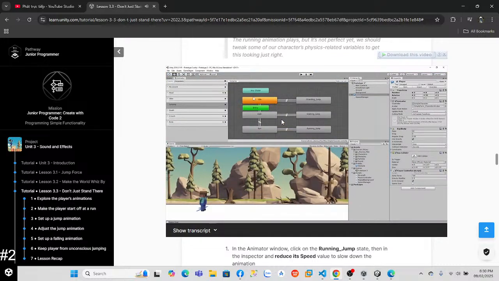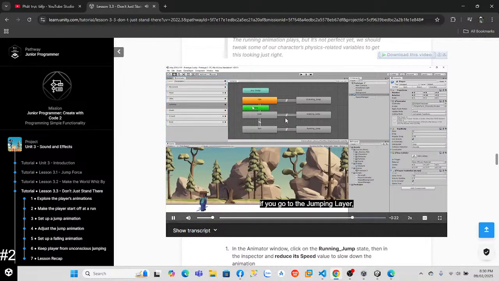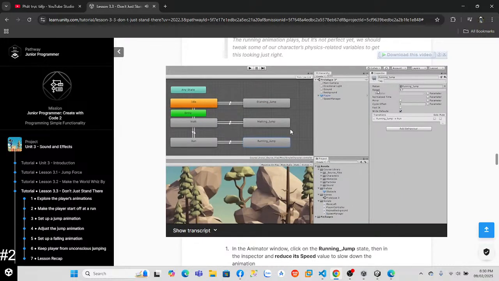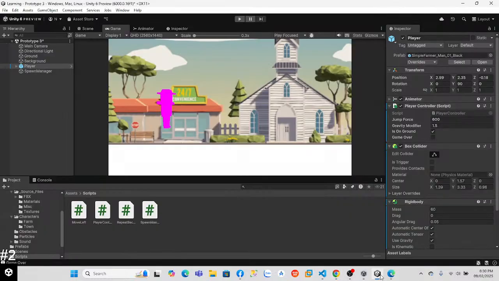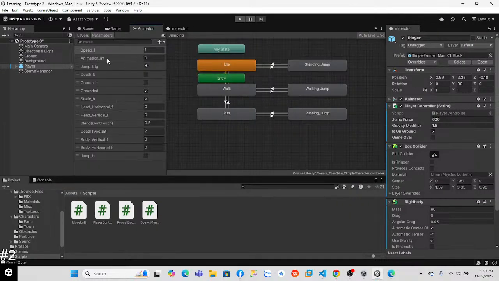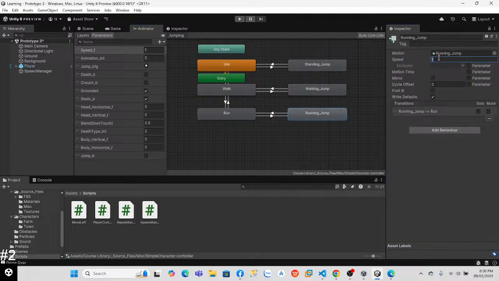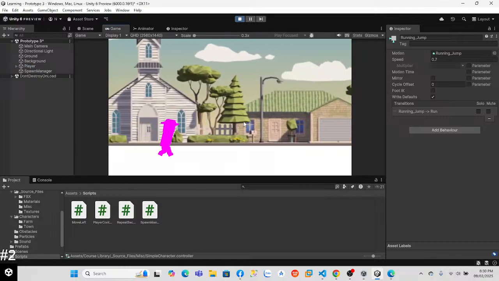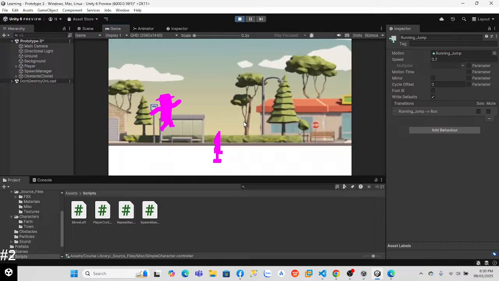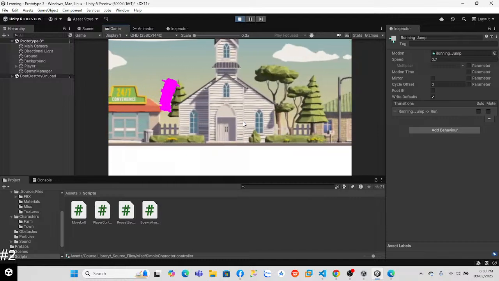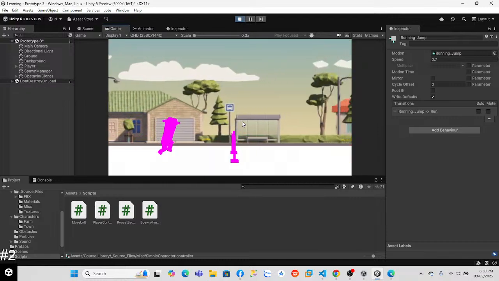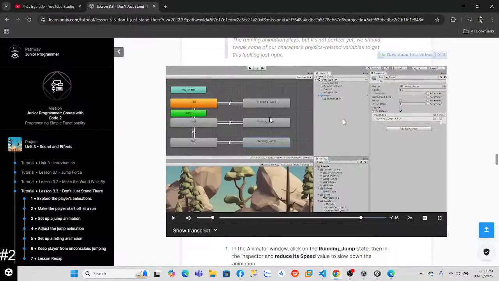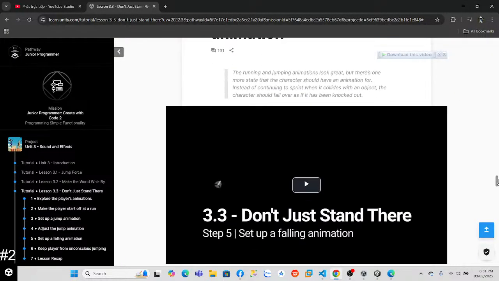So now what you're going to do is, in your player animator window, go to the jumping layer, and then click on the running jump, and set the animation speed to be a little bit slower. I set mine to 0.7. And then on our player object, we're going to